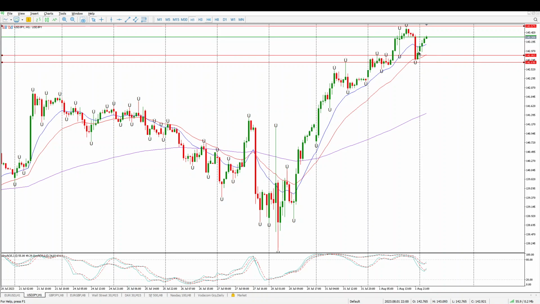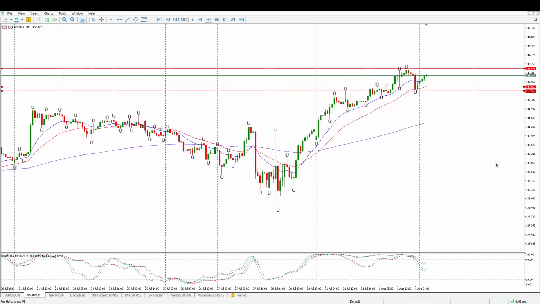So that is going to be 142.863, and that would close this daily gap. And we can drop down a little bit lower to 142.690 before I start getting too excited. There's another daily gap below as well. But the trend is up. Oscillators have eased off, crossed over, pointing up. So it could be a situation of just building here for an explosive move above this level here of 143.579. But I don't want to be long close to this level. I want to see another move down.